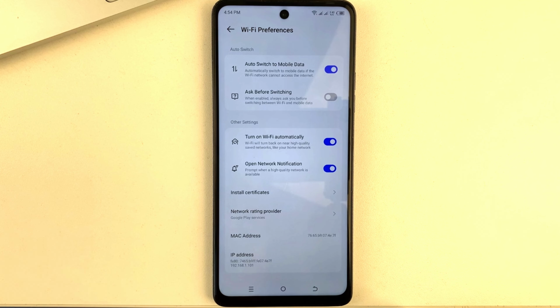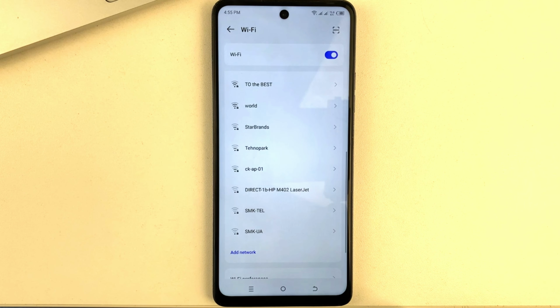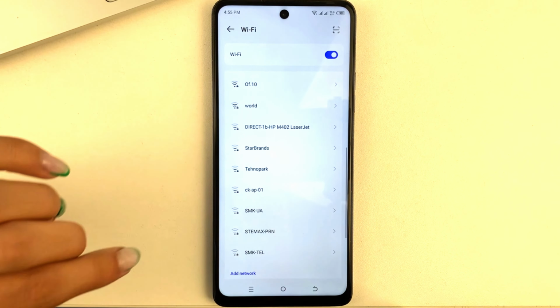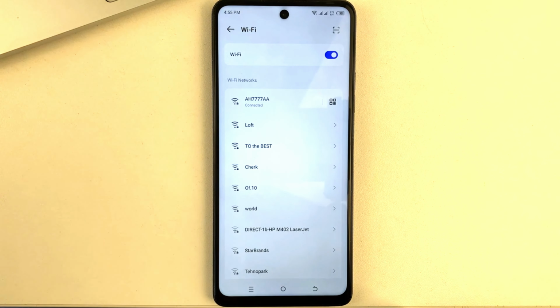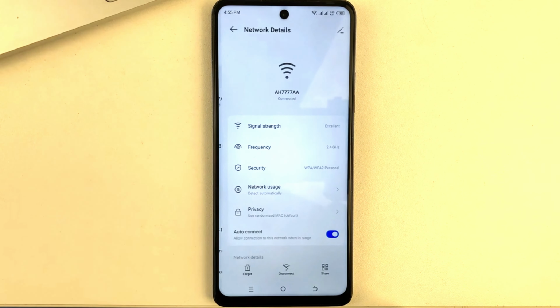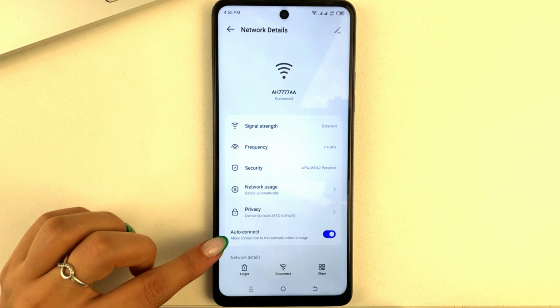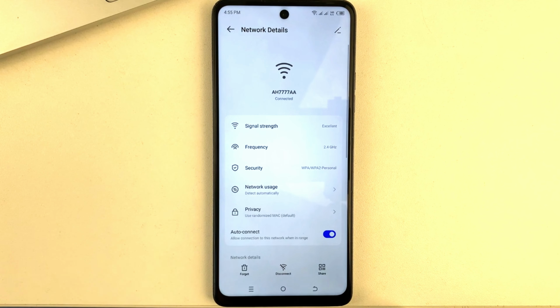If you've tried this method, but you still have problems connecting to Wi-Fi and the internet in general, then please go back to the Wi-Fi settings. Here you will need to open the Wi-Fi point you are currently connected to. And first of all, you will need to make sure that you have auto connection to this Wi-Fi point activated here. If not, then enable it.